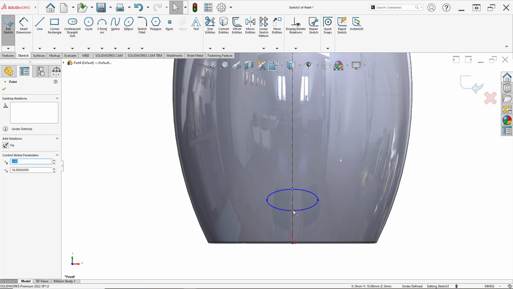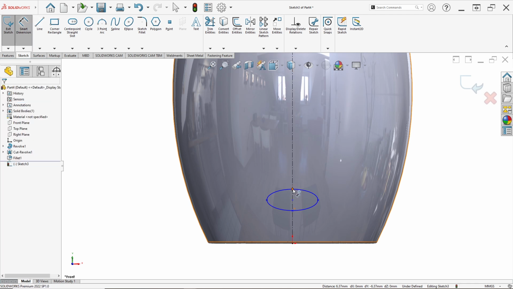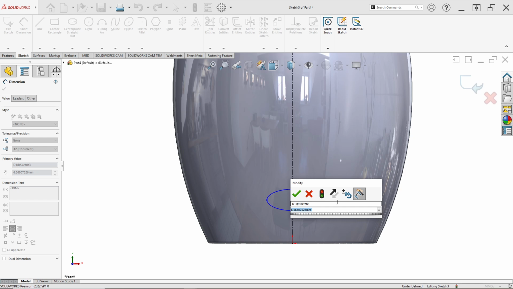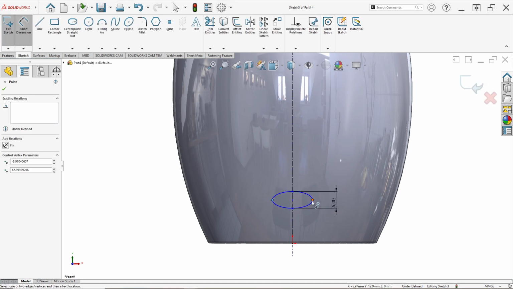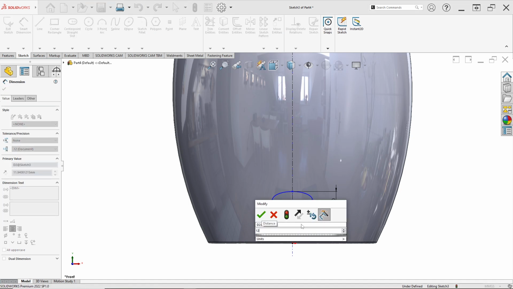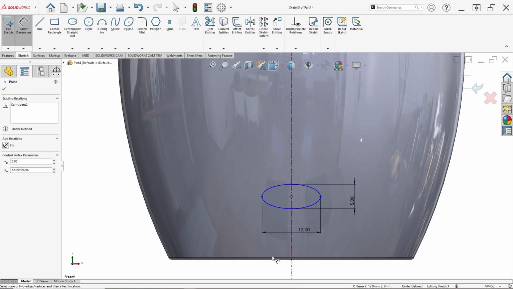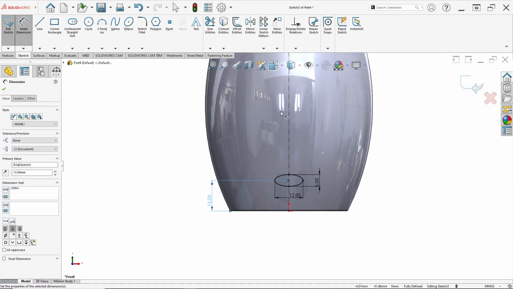Ensure this point and this point are made vertical, and set the width here to 5, and for the length, this point and this point, I set 12, and the center to the bottom edge I set 13 like this.